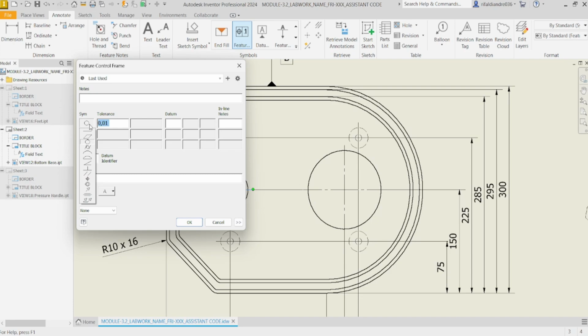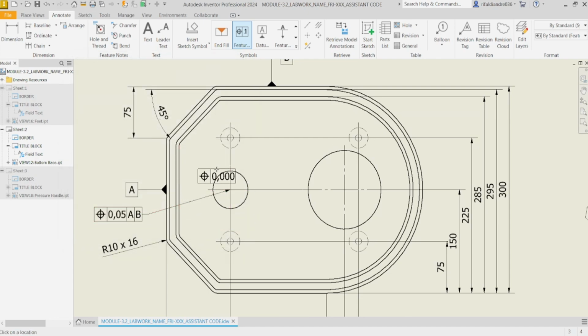Expand the symbol, click position, set a tolerance to 0.05, add datum A and this B. After that, click OK, and this is the result.